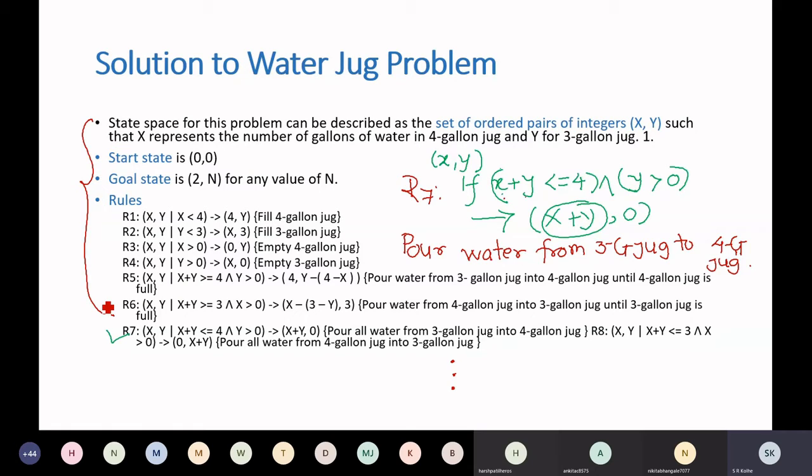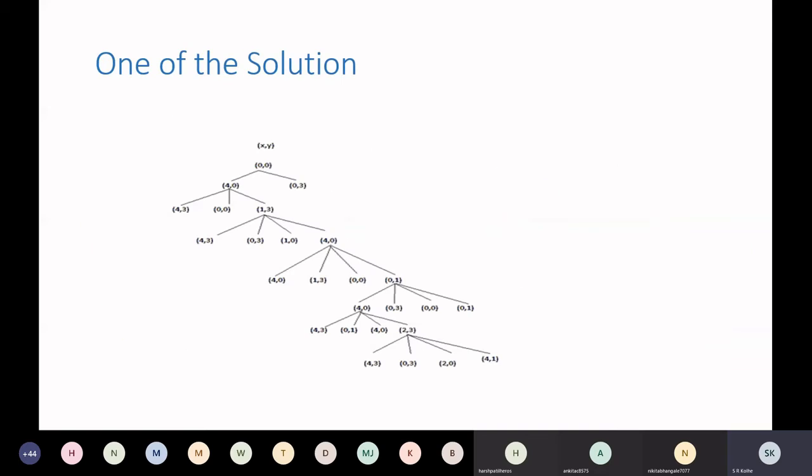So now why is this required? Let us come to the actual use of this. This you are going to use to solve the problem. Now your initial state, suppose both jugs are empty, so that will be something like this. Now you are going to start with this as an initial state, (0, 0), and your job is to fill 2 gallons of water in the 4-gallon jug.